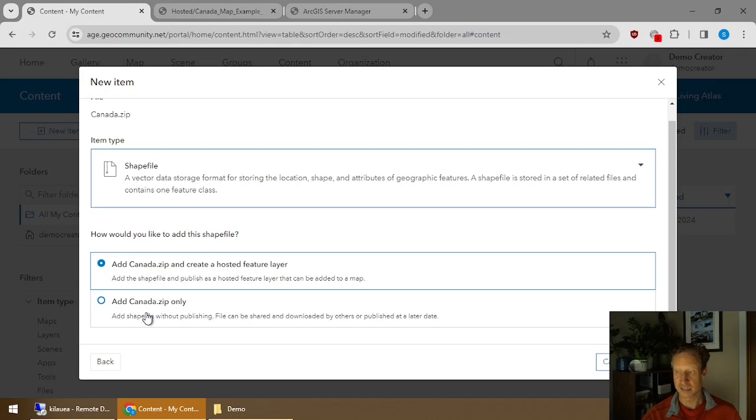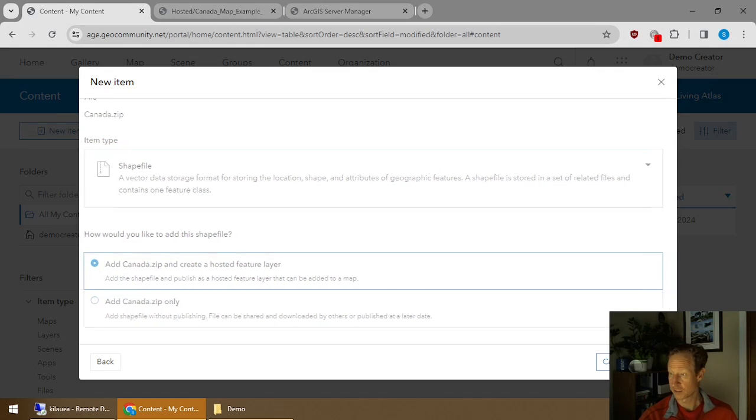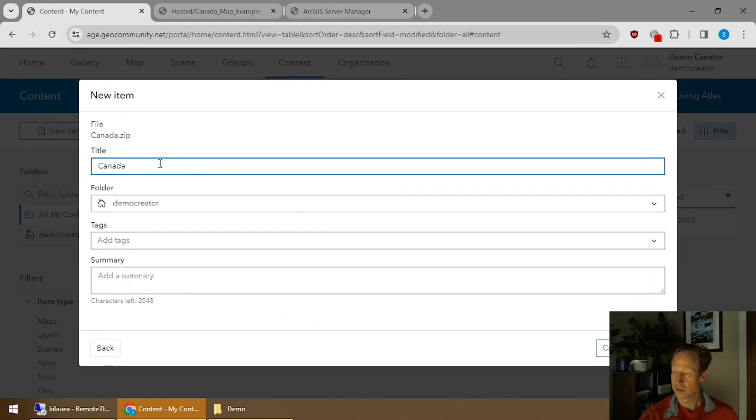And you have two options here. One is to add it as a zip file only. And you saw what happened with the PDF. It's just going to get uploaded and an item created for it. It's not going to actually deploy it. But in this case, what we're going to do is add the canada.zip and get ArcGIS Enterprise to publish it as a hosted feature layer. So let's do that. You can name it Canada